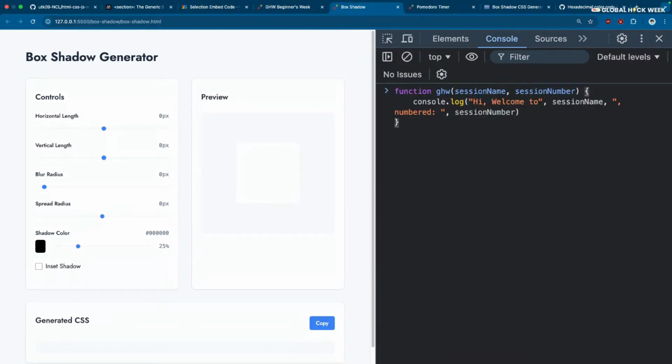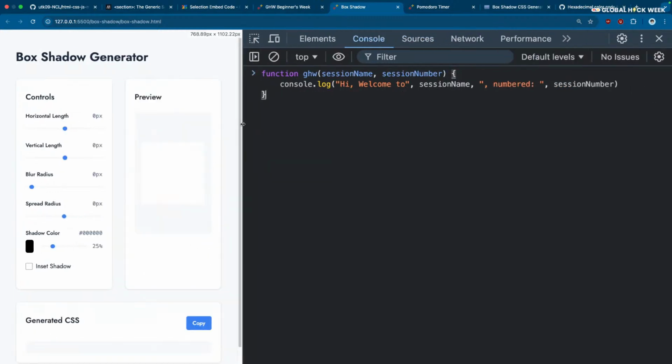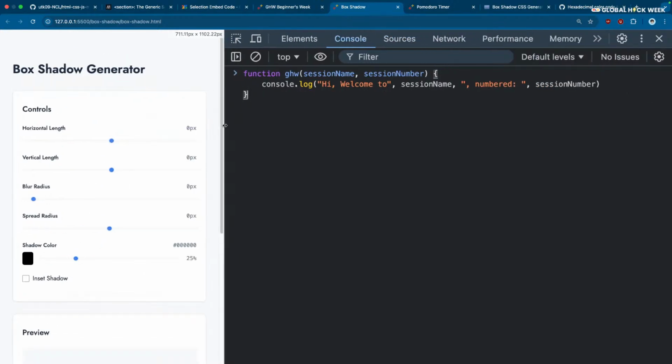Okay, close this. So what we have done is we have written a function of a single line, very simple